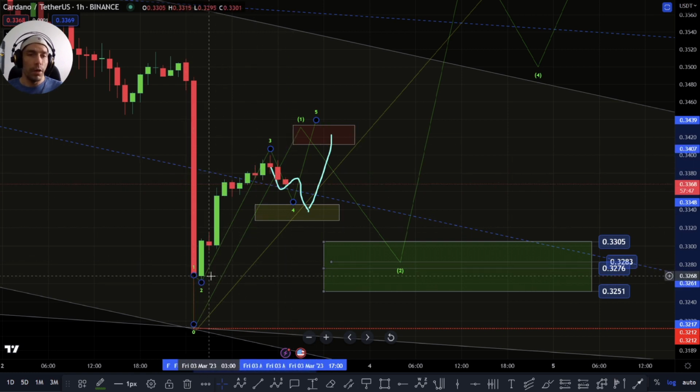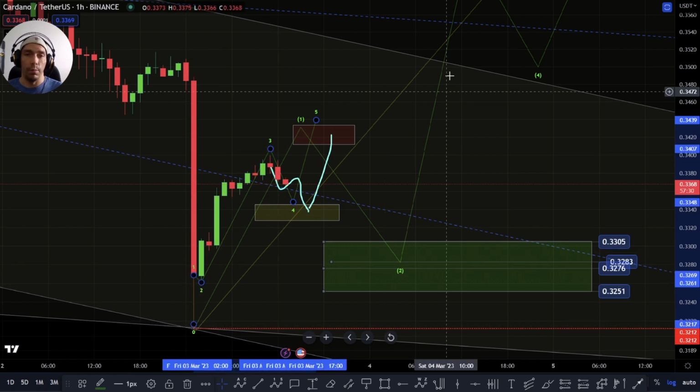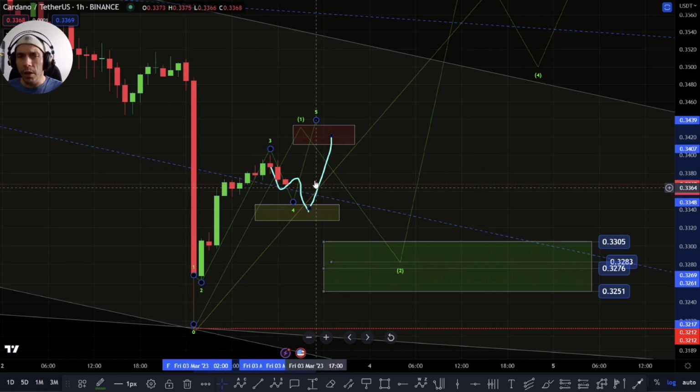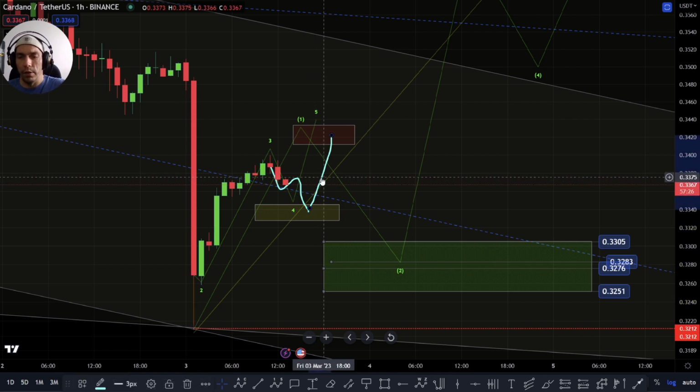We can also argue that potentially we could get some extension within here, but for the most part, I'm just looking at this as needing a fourth and a fifth wave here. It shouldn't get too big either. Otherwise, it starts to not fit the structure, and we can then potentially argue that we've had this as an A, B, C up, then we get a B and a C. So we're going to have to see how this plays out exactly.